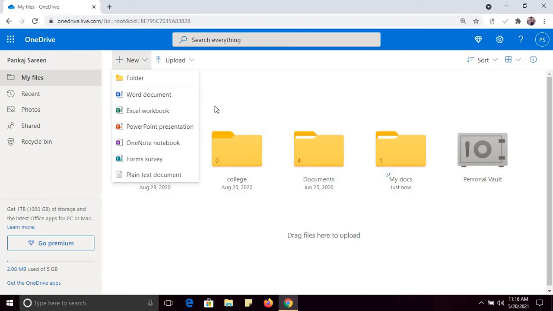This is for the users who are not comfortable with Google Docs or Google Drive. Some people are comfortable with Microsoft Office and want to work on Microsoft Word, they can simply create a new Word document from here.